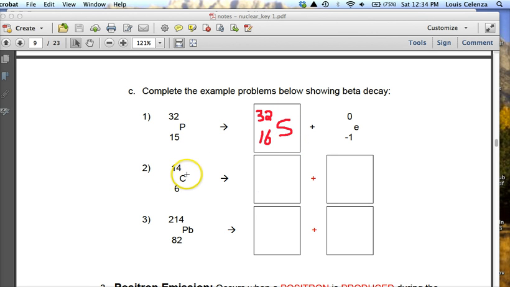Carbon 14, which is a radioactive isotope of carbon. I'm going to write the beta particle here, 0 minus 1 e. I know the mass has to be the same. And I know the new number has to be one more than the original. That's 7. So this is going to be nitrogen. Alright, so that's alpha and beta decay, and I'll do the next ones right now in the next